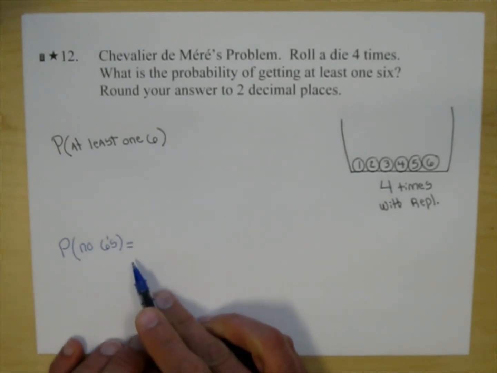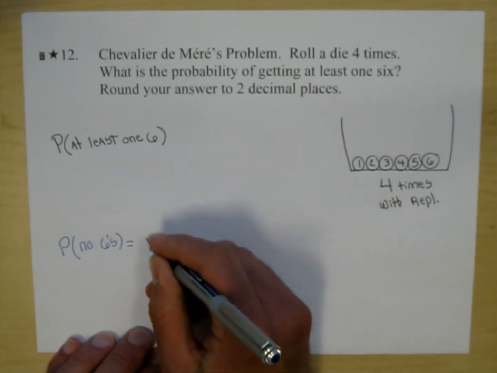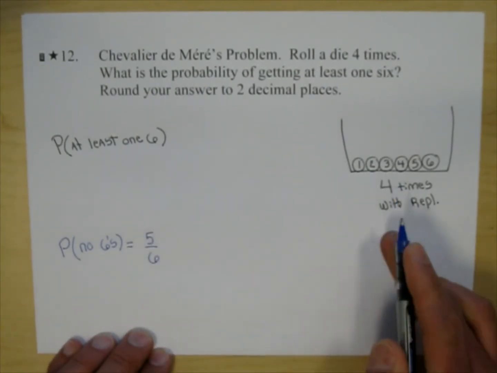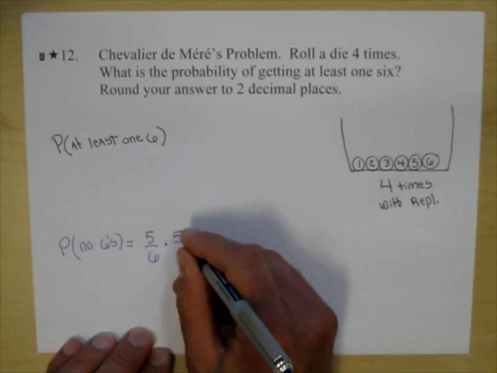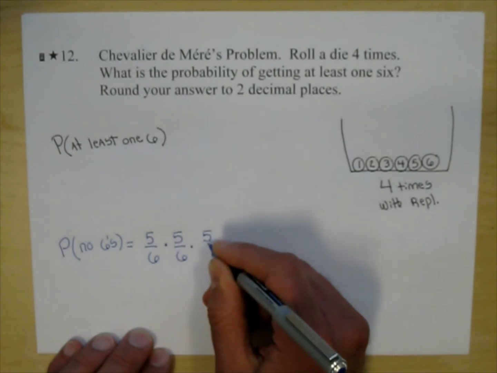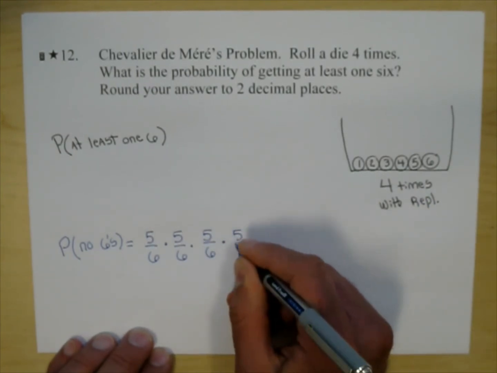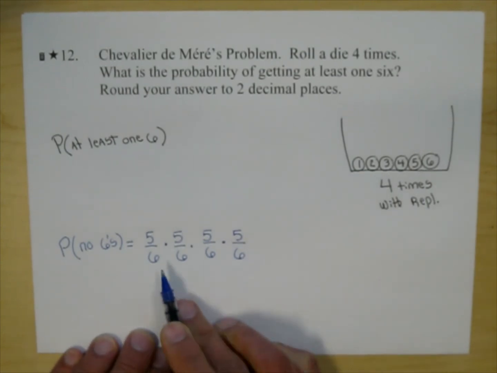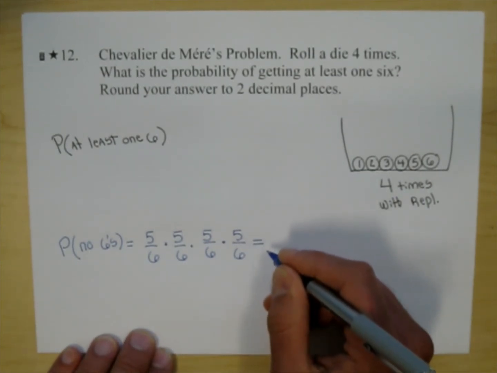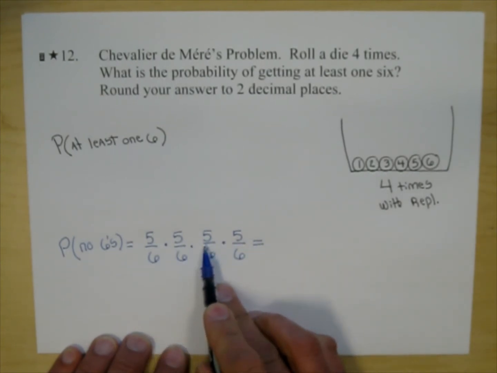Well, what is the probability of reaching into that box and not getting a 6? It would be 5 out of 6. So you put that marble back in and you do it again. 5 out of 6. Then you do it again. 5 out of 6. And then you do it one last time. 5 out of 6. Nothing cancels. So I have to go 5 times 5 times 5 times 5. So 5 times 5 is 25. Times 5 is 125. Times 5 is